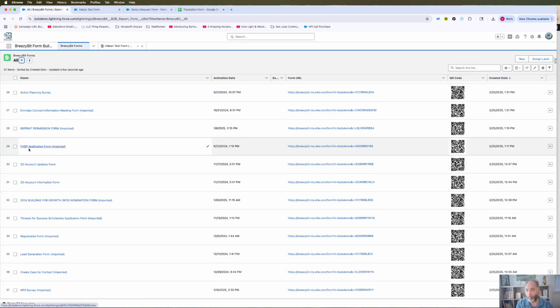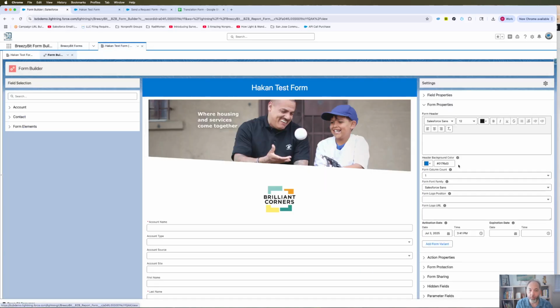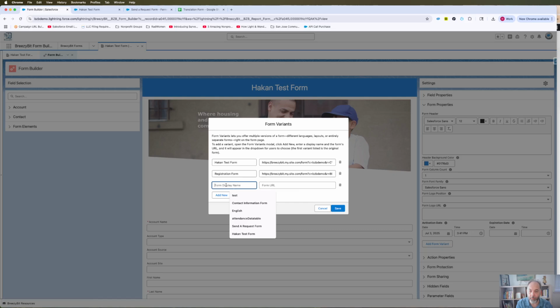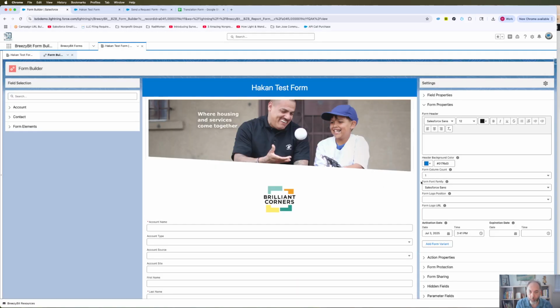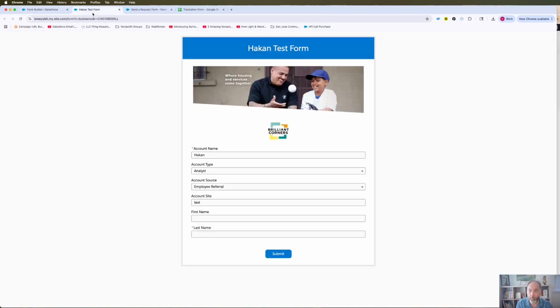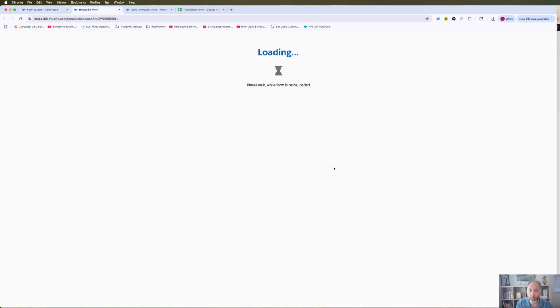And also, maybe I want to add an application form. Let's say this one, an application form. And I just need to get the URL of the application form, go back to my original form, and add another variant. In this case, this is going to be an application form, right? And this is the URL of that form that I created before. I just save it, save the form, and if I just go and refresh my page, I will see right